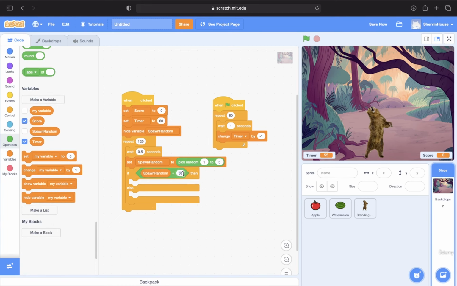spawn random is equal to, let's say 3. Okay, if it's equal to exactly 3, right? So it's going to be 1, 2, 3, 4, or 5. If it's equal to 3 and 3 only, we're going to make a clone of this watermelon, and we're going to create that, basically creating one more sprite of this,